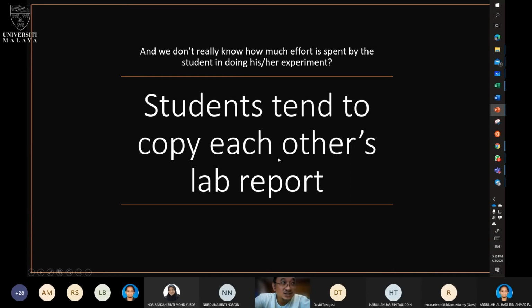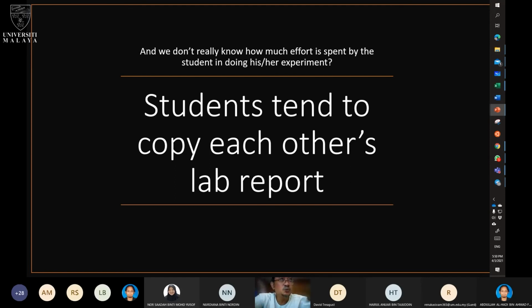Students who have the tendency to copy each other's lab report can be avoided. As others have shown, we can actually check past editing. You can even look at the students' work and see whether they have cheated or not. Plus, with ELNs, the supervisor or the instructor will have total control of what the students are doing,